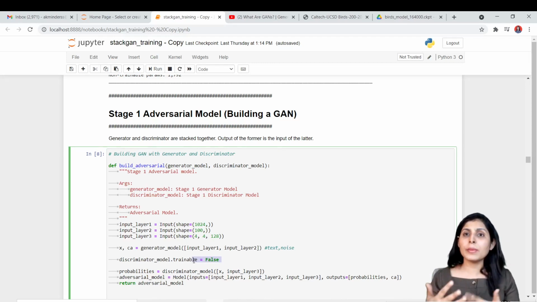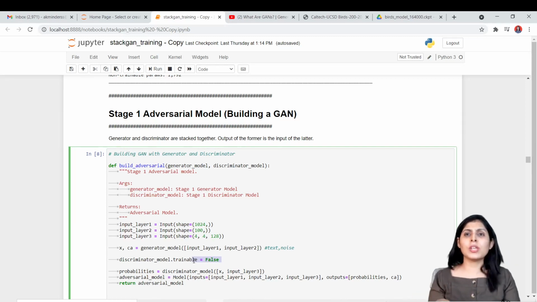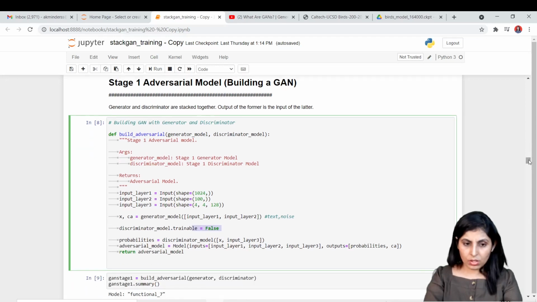The discriminator will come under the influence of the generator, and after some time it will believe whatever the generator is doing is correct. So we are training the discriminator separately. That's why discriminator model dot trainable is false over here. Okay. And then over here you can see we are calling the discriminator model.